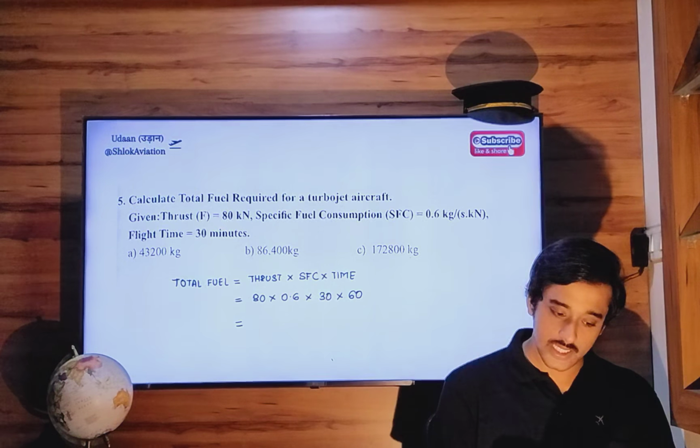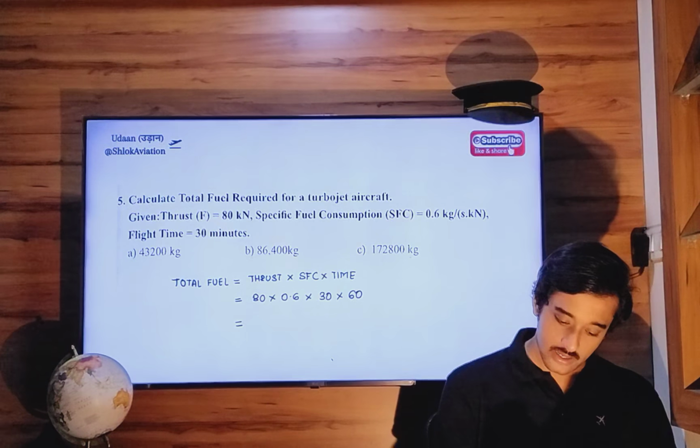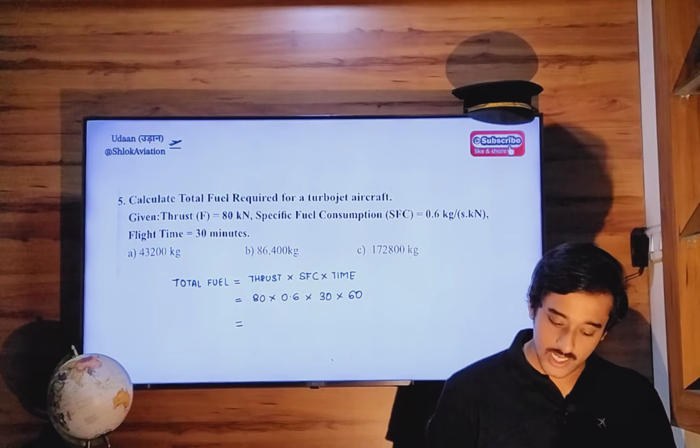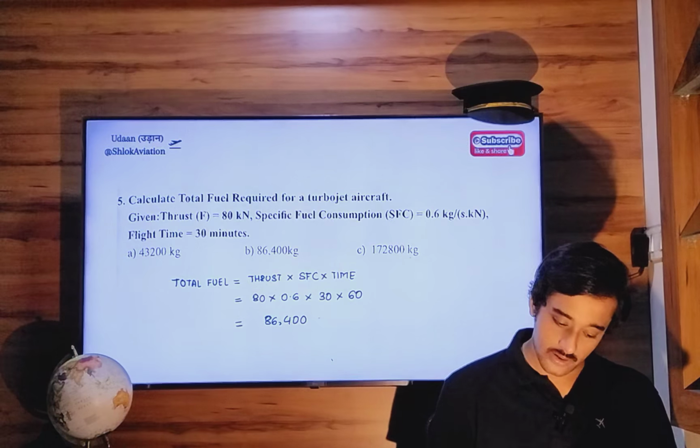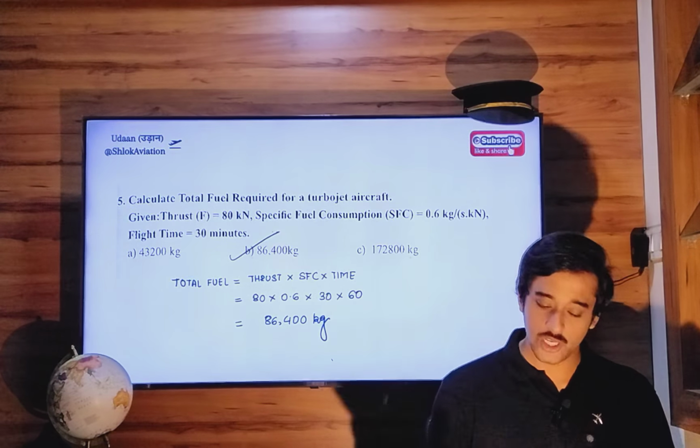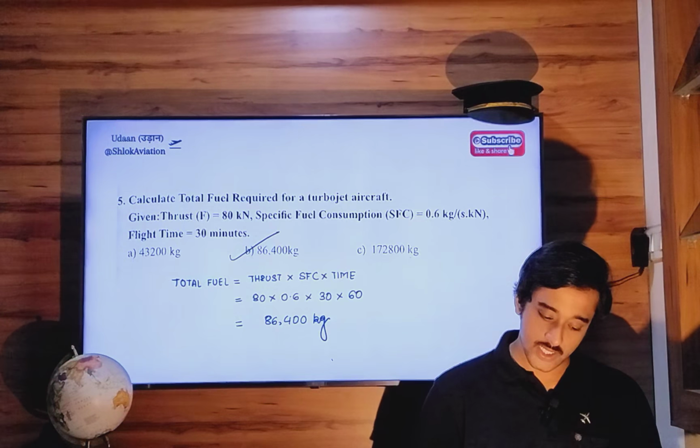80 into 0.6 into 30 into 60. So that is 86,400, okay, kilogram. So correct answer is option Bravo. Okay, so this is the formula. Remember,